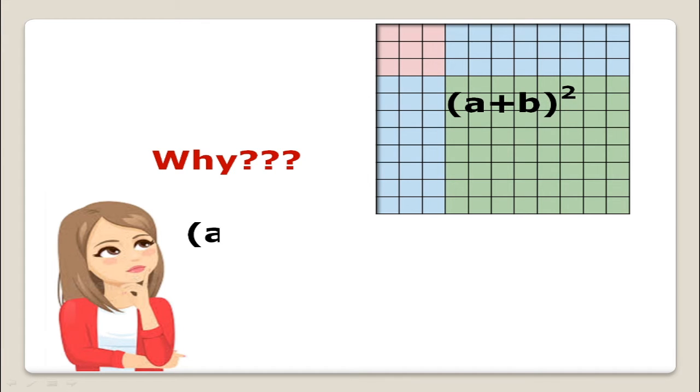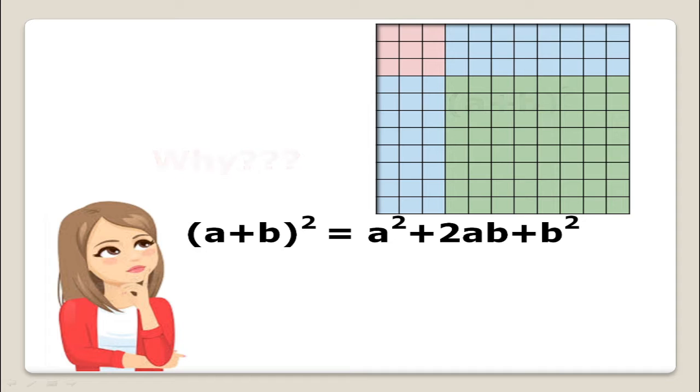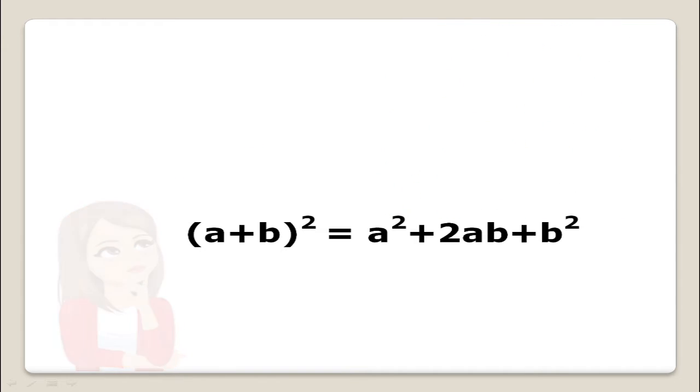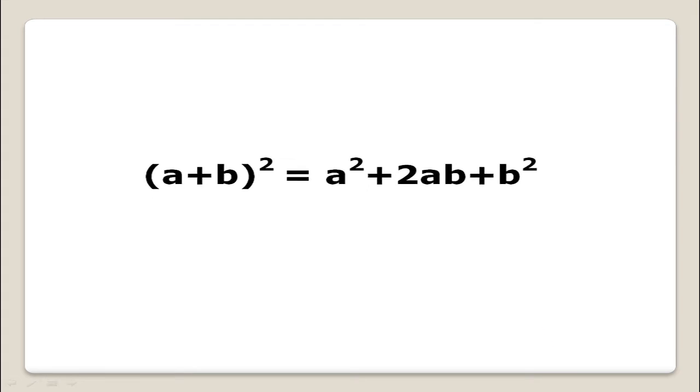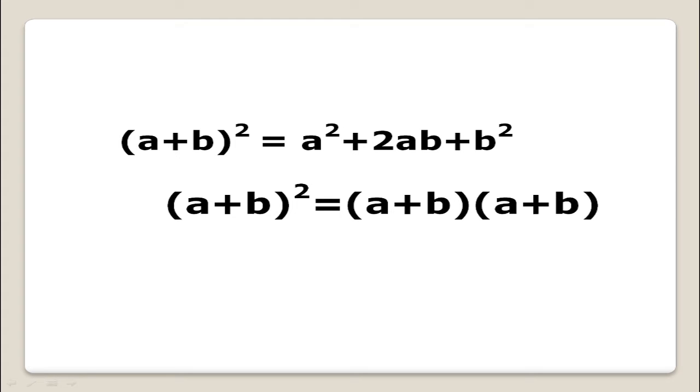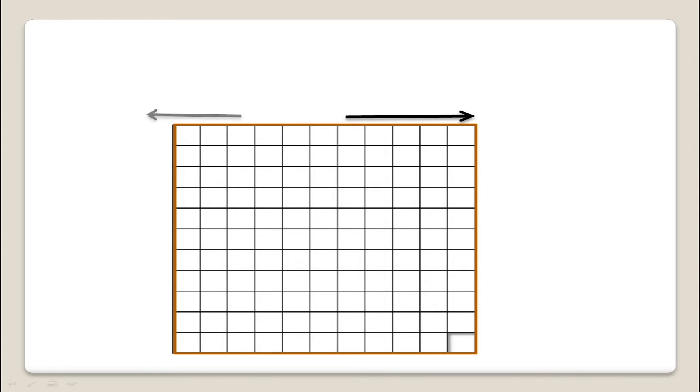Expansion of (a plus b) whole square has this configuration: square of a binomial equals square of a plus twice of ab plus square of b. Since we know (a plus b) square can be written as (a plus b) into (a plus b), first of all, we consider a square of side 11 by 11, and any number we can choose here.